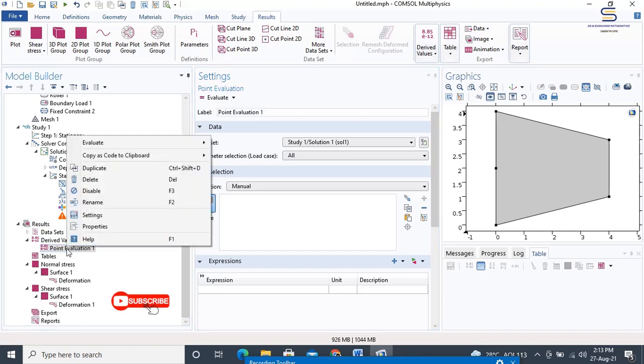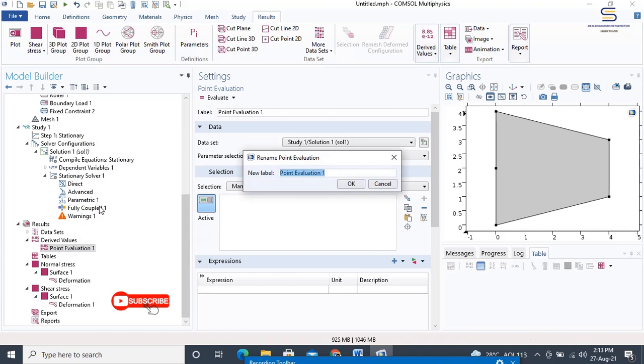So right click on the point evaluation and then rename this point evaluation. Click on point evaluation 1 and then change 1 to hyphen normal stress. Click OK.